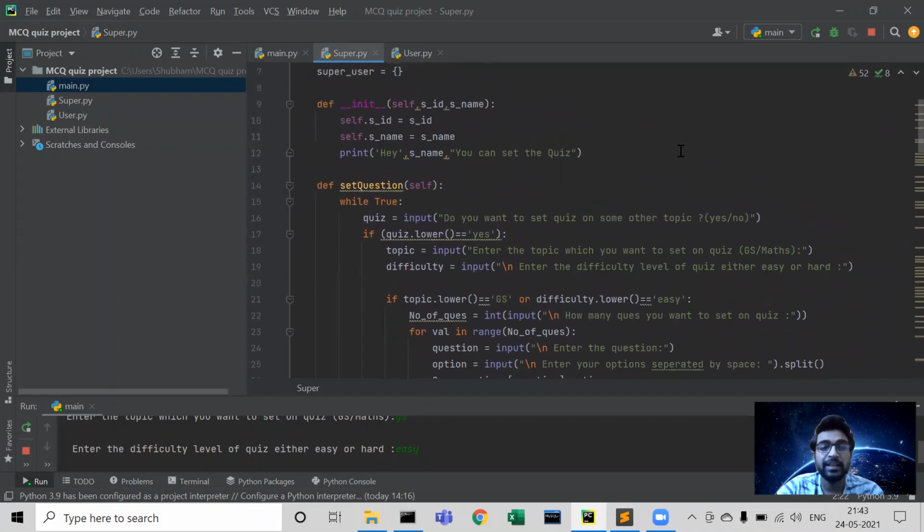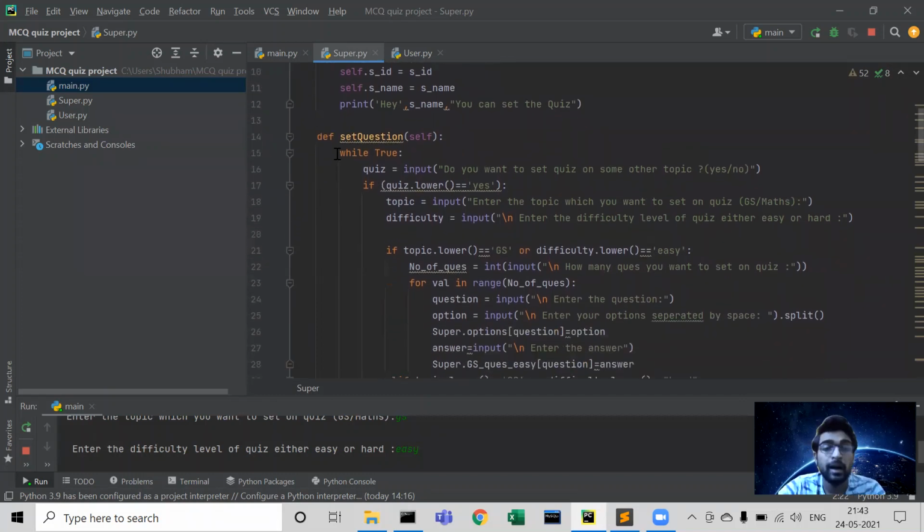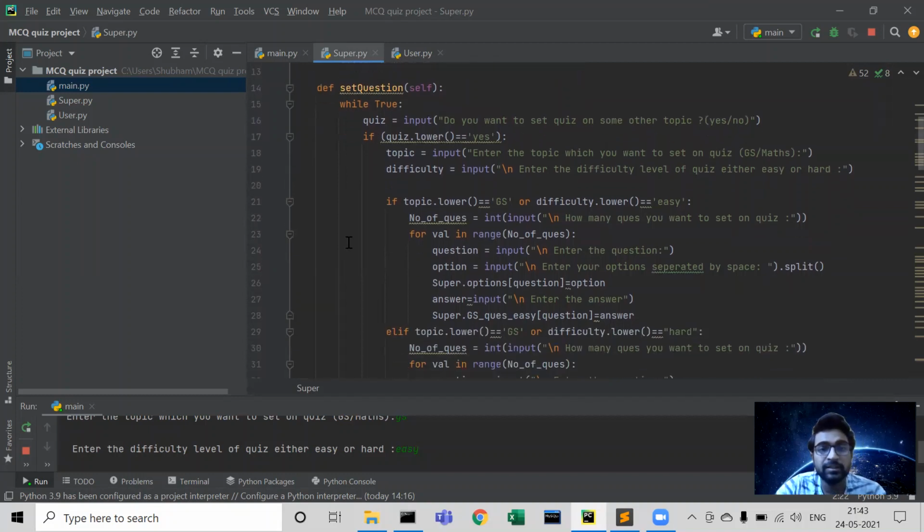Talking about the next procedure, which is set questions. Set questions is only for the super user, which is the admin. Now talking about what is in the defined set questions function: I am using a while loop here, and the first question is this input: do you want to set a quiz on some other topic?